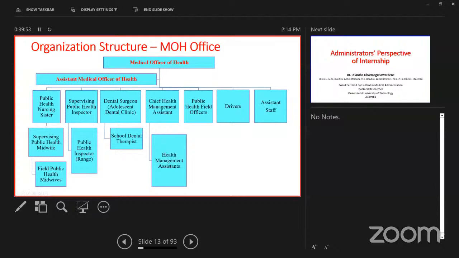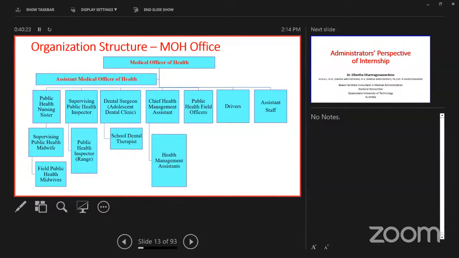Then the public health field officers are working in the field, handling the malaria and filaria campaign activities. And then there are drivers and assistants. This is how the organization structure of the MOH is organized. So, this is what I have to tell you about the organization structure and the system of the